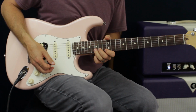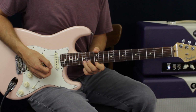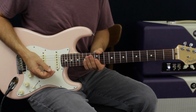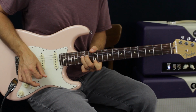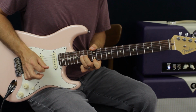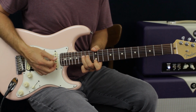Okay, so not too bad, right? We're going to do a unison bend on the 15th fret B, 12th fret E. Okay, so I hit it once, and I'm slowly taking the bend up. And then I'm going to hit it twice with a little angst on it. So try to do a little vibrato on there. And then I'm going to do the same thing, but once on the next time through. And then I'm going to straight up, release a little bit, and then back up to pitch. So we got...